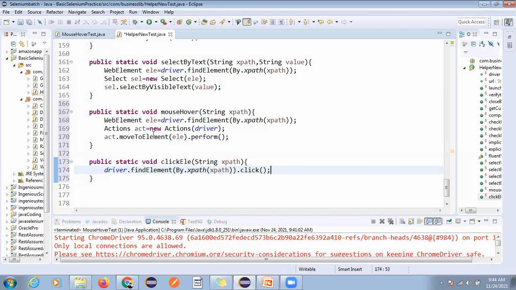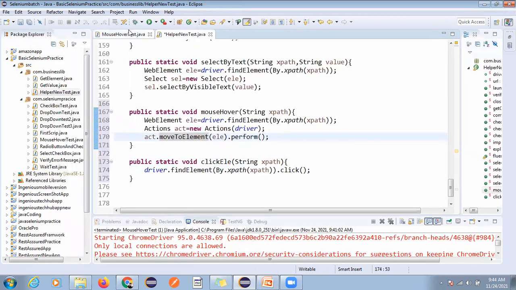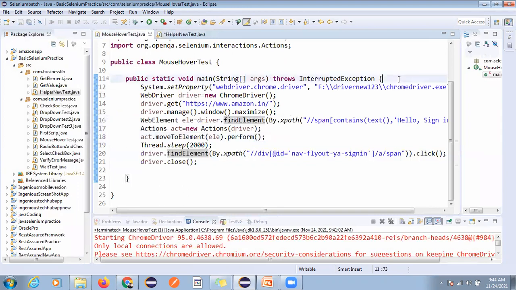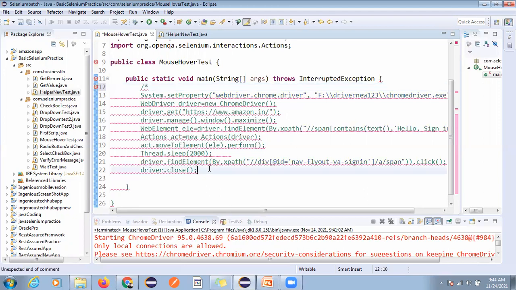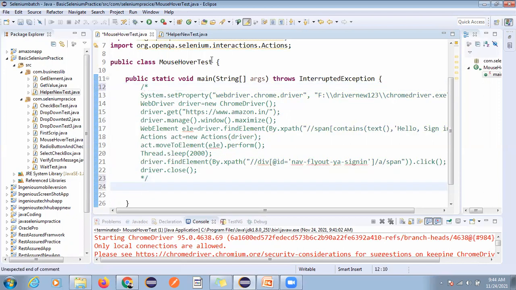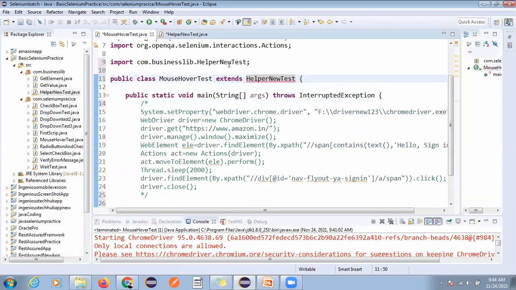Okay, so now I have added two more methods here. I'm just going to comment all of this out, and now we'll extend helper new test.